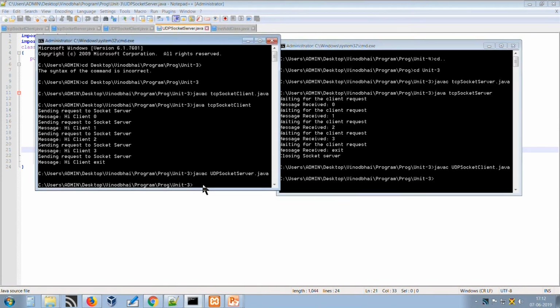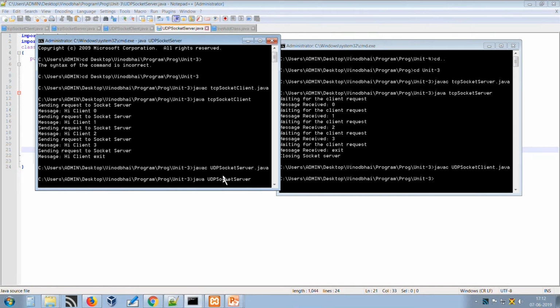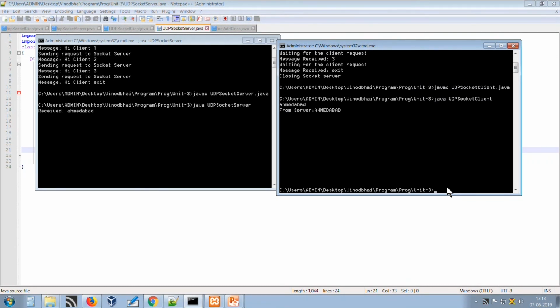Now we will start server, as server is continuously listening for the client request. Suppose we are writing Ahmedabad and sending. So what we did, we have sent Ahmedabad as an argument request to the server. What the server does, server receives it, converts it into capitals, and then sends back as a response to the client. So here Ahmedabad is printed in capital letters.